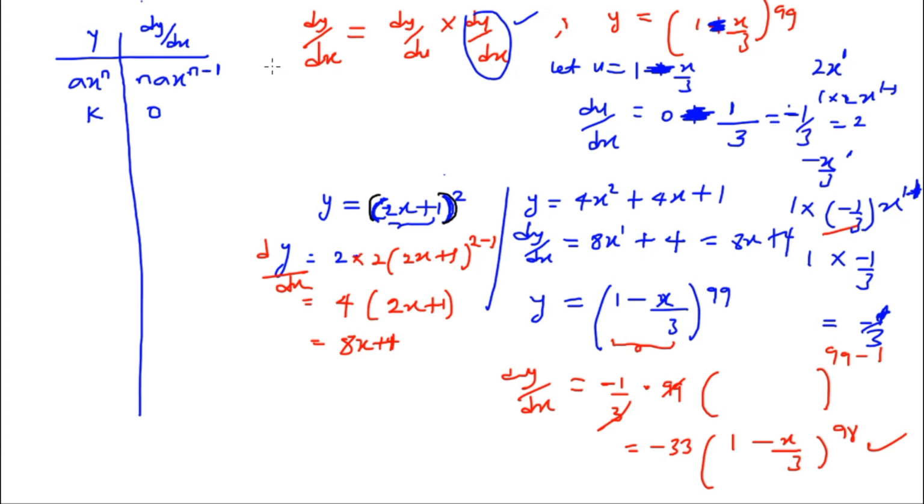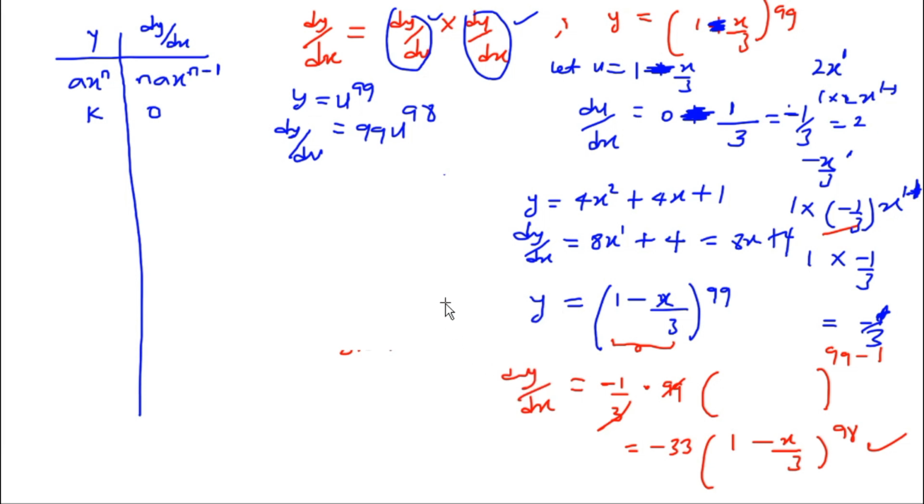Okay, so let's now find, if you say that y is now u raised to power 99, because you have substituted 1 minus x over 3 as u, then it means that y is now equal to u raised to power 99. So we can find our dy/du, so that we can know the second parameter of the formula. dy/du will now be 99 u raised to power 98. Okay, so if that is the case, we can now find